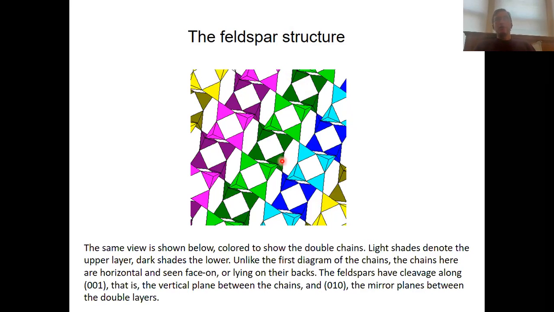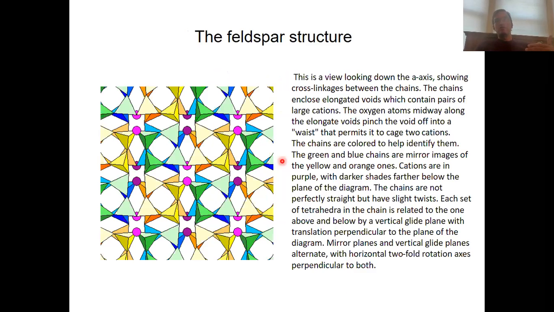Now we also have countercations. So where are the countercations? You can see where they are located most easily when you look along the A direction. So now along the A direction,